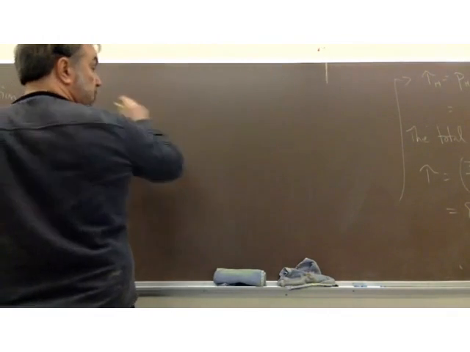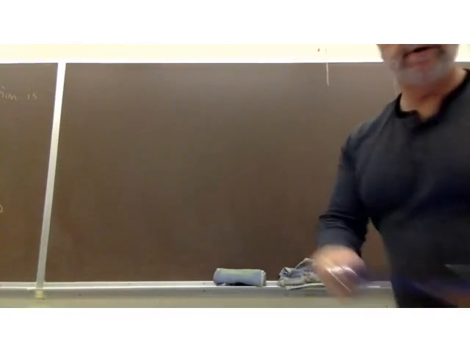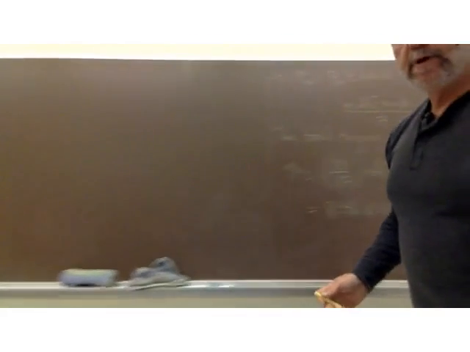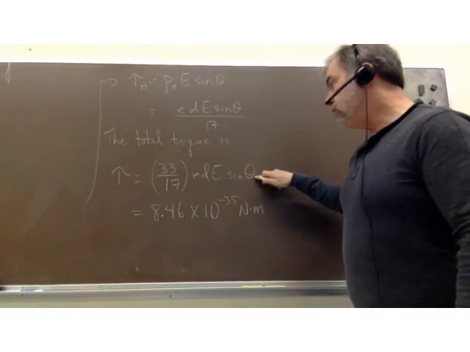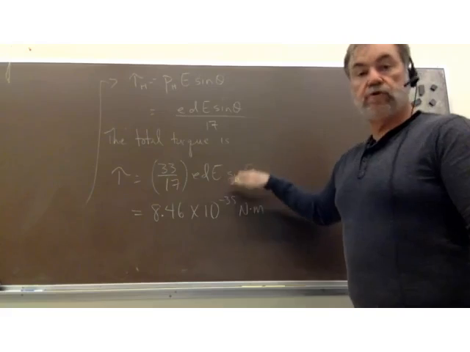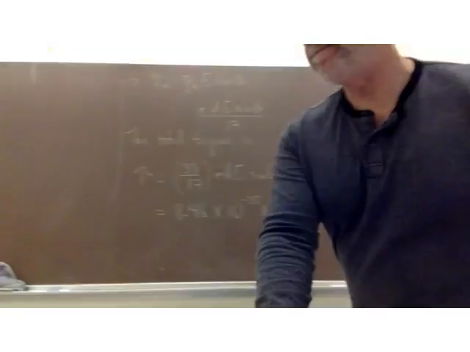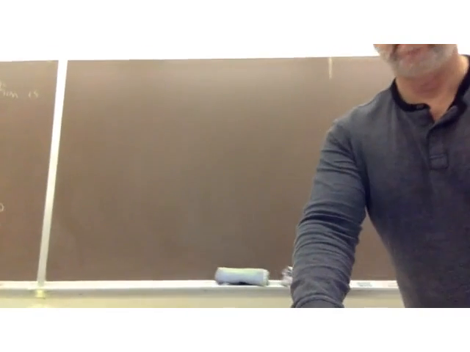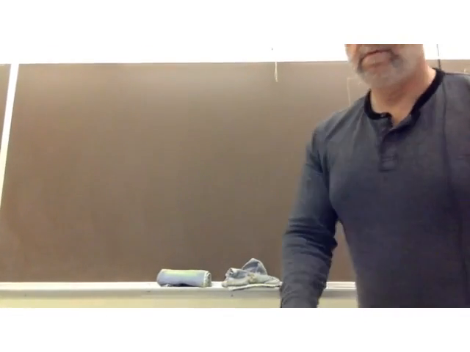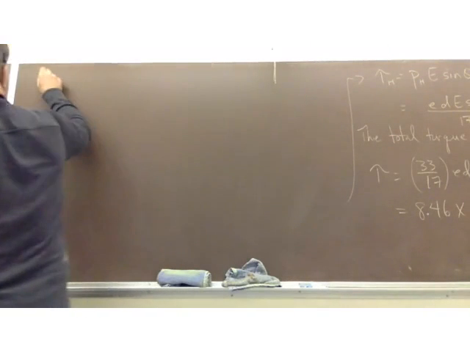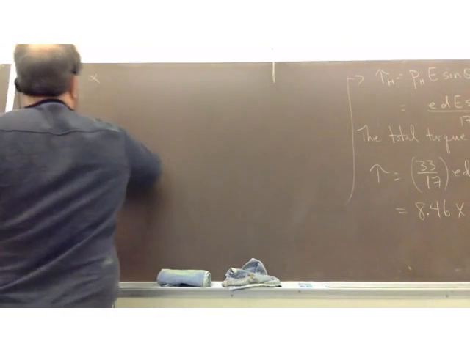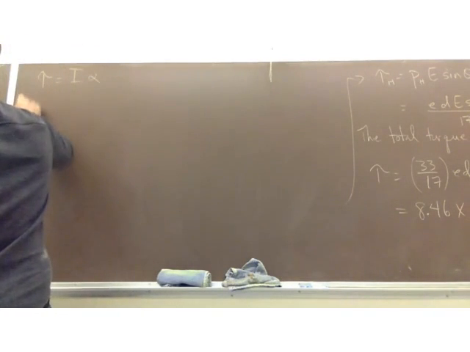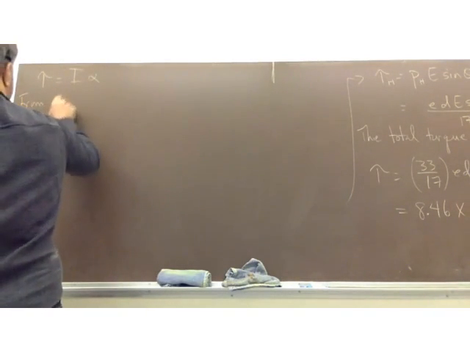We solved for the torque earlier. Let me show this to you. Because I like algebra, I'm going to do it algebraically to start with. Okay, so we came up with this expression for the torque. So the torque is equal to this, but the torque is also equal to I alpha. So we have torque is equal to I times alpha. But from part A,